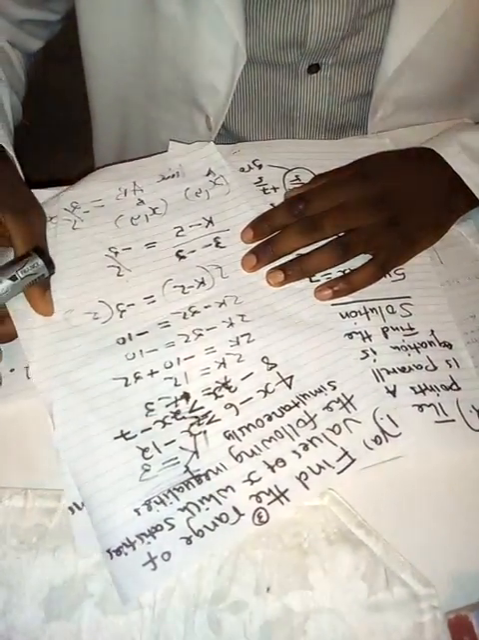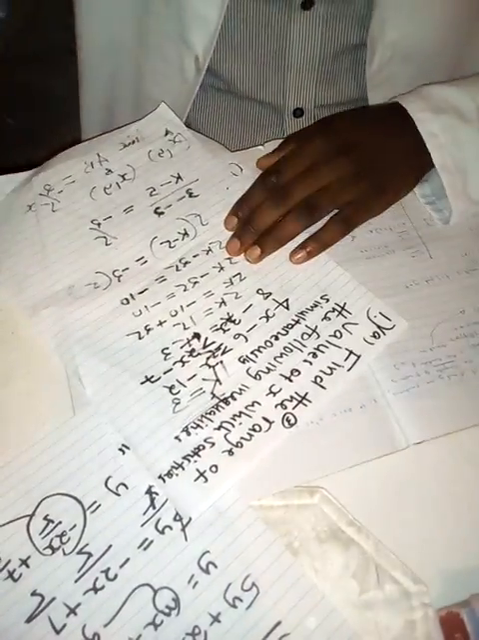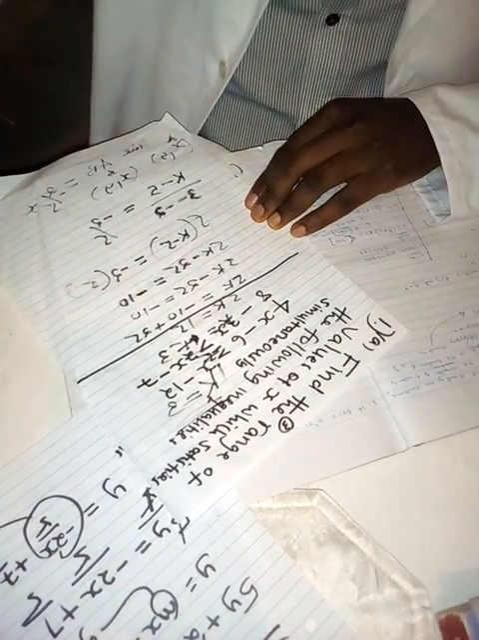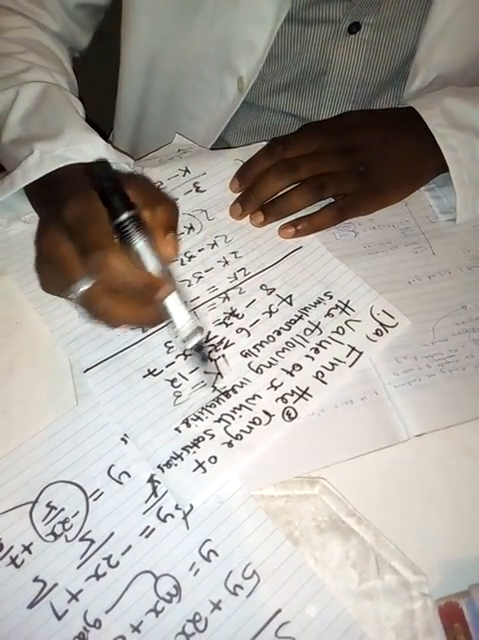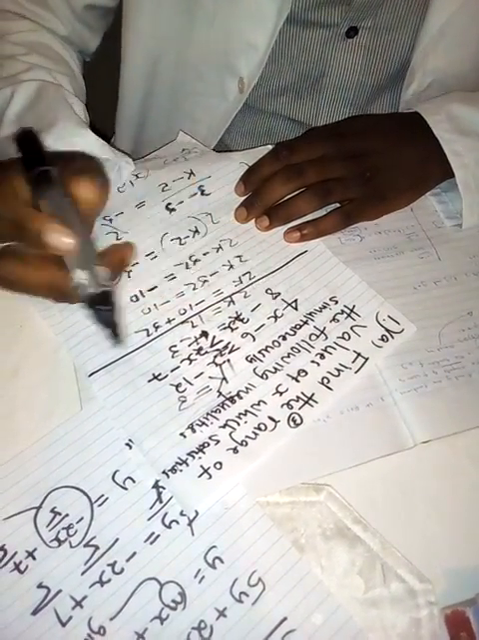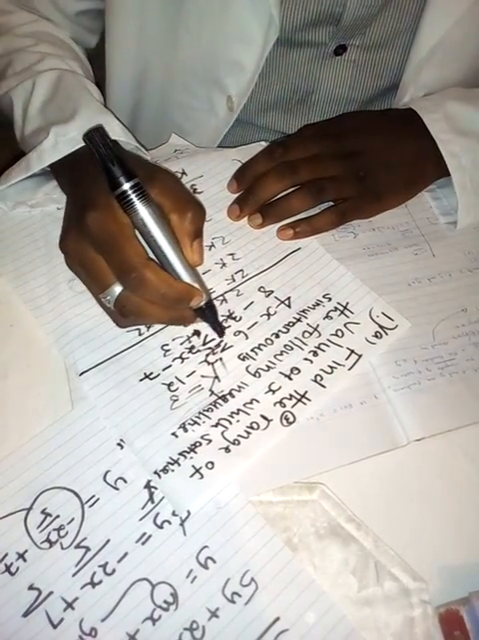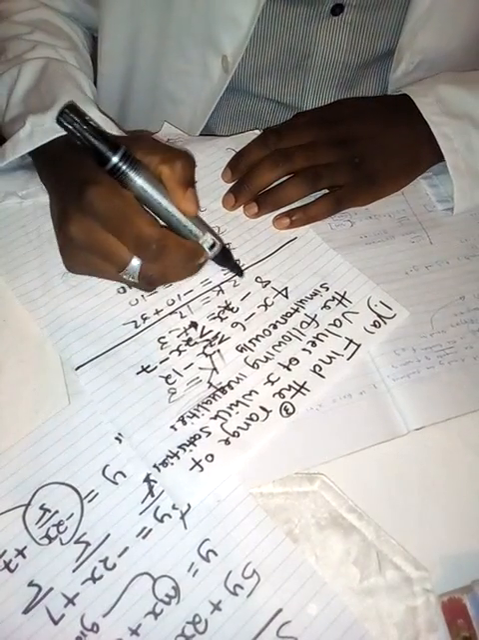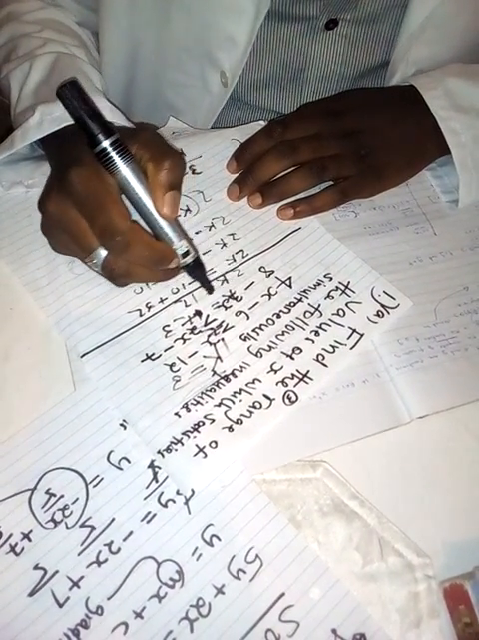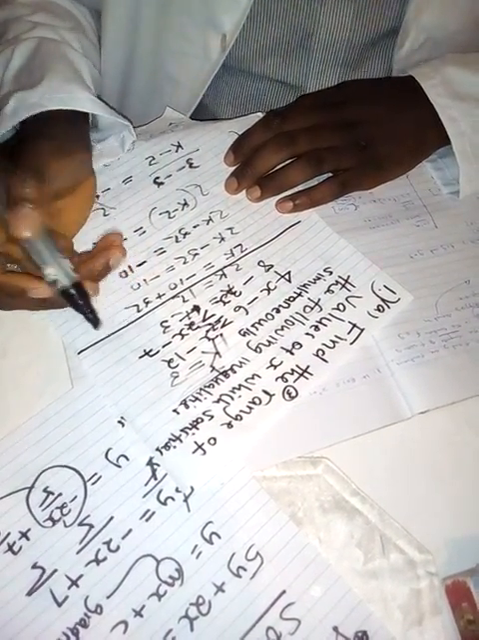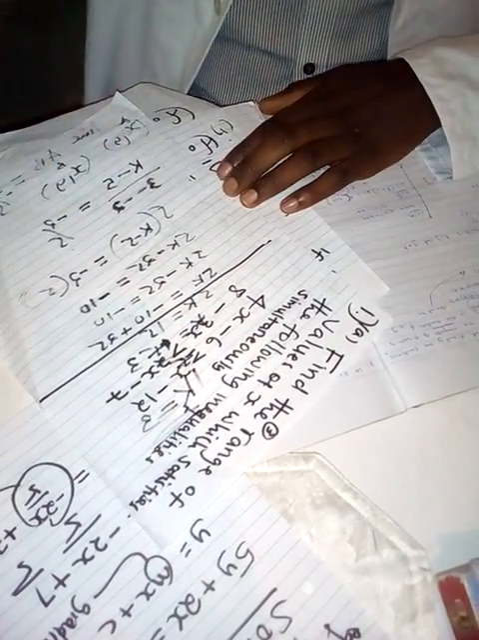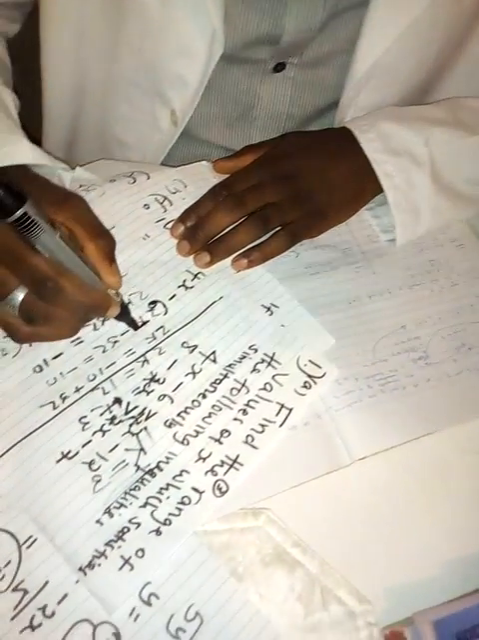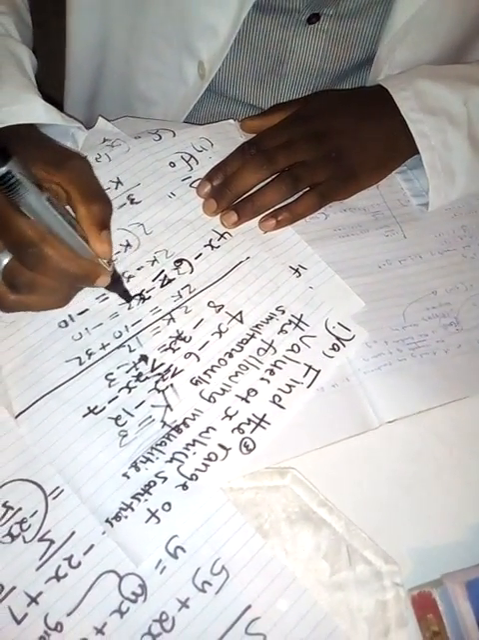Find the range of values of x which satisfies the following inequalities simultaneously. 4x minus 6 is greater than or equal to x minus 12, and then 8 minus 3x is greater than 2x minus 7. You should solve this this way. If 4x minus 6 is greater than or equal to x minus 12,